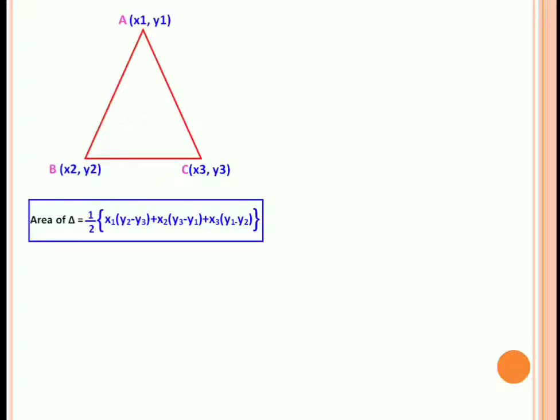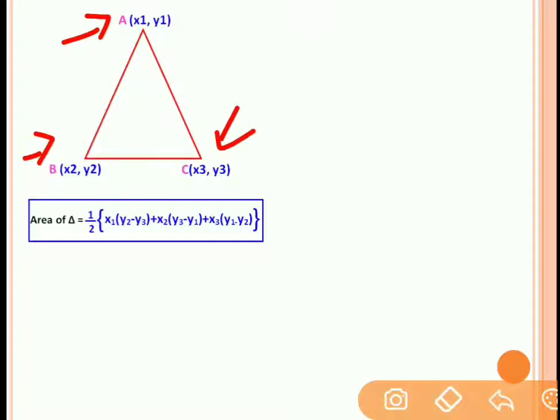So far so good. Suppose that there are 3 points in the Cartesian coordinate system. These 3 points are A, B and C. A is (x1, y1), B is (x2, y2) and C is (x3, y3). Then to find out the area of this triangle, the formula is 1 by 2 into x1 into (y2 minus y3) plus x2 into (y3 minus y1)